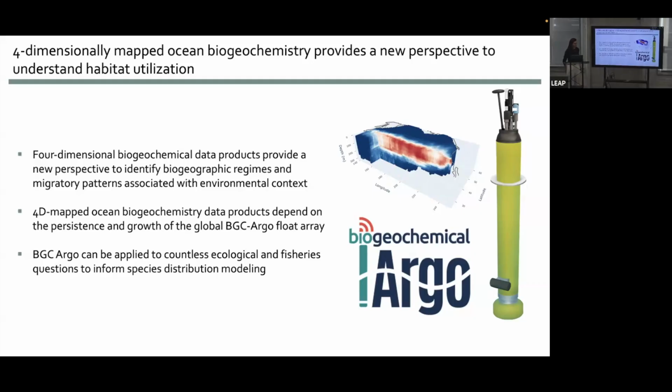I will also caveat, I am not a fisheries person. I'm one of the biogeochemistry people, so take everything I say with a grain of salt. But this tagging program for albacore tuna is relatively robust compared to other marine species. For this study, we used about 30 tagged fish, ranging in time from 6 months to 2 or 3 years. So that's relatively robust for this type of study.